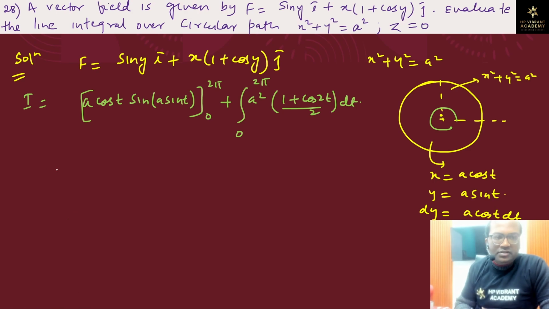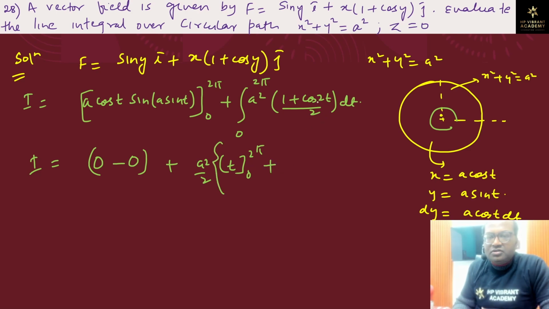So we have this value as I is equal to, this is cos 2 pi, and cos 2 pi is 1, and this is sine of a sine 2 pi. So sine 2 pi is 0 and sine of 0 is 0. So this is 0. 0 minus, and cos 0 is, let us place the limit as 0. So cos 0 is 1 and sine of a sine t, this will be 0 because t is 0 and sine 0 is 0, plus a square upon 2. Let us take this out, and t limit from 0 to 2 pi